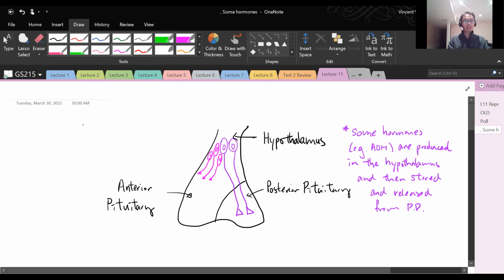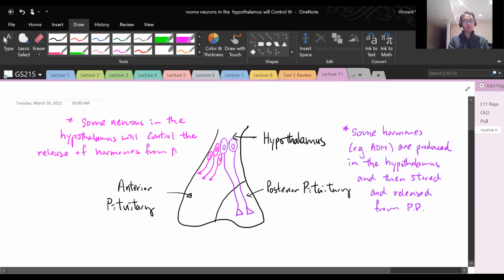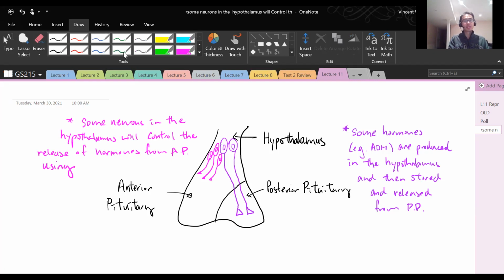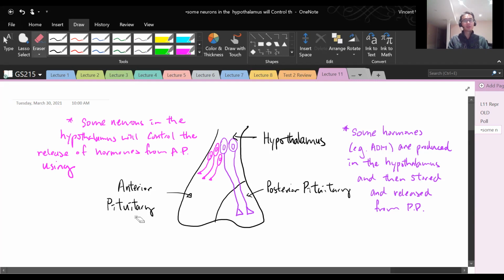So some neurons in the hypothalamus will control the release of hormones from the anterior pituitary gland using, we have two types of hormones that we could use to control the anterior pituitary gland: releasing hormone